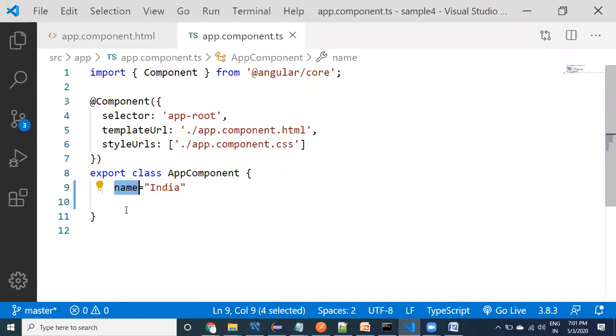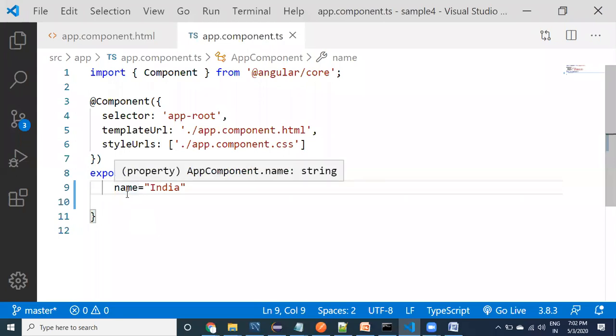You don't need to provide the data type also. If you want to provide the data type, yes, you can in TypeScript, but in JavaScript you cannot provide the data type. By default, the data type is taken by JavaScript. TypeScript also does the same thing, but in TypeScript we have the option to provide the data type. But it is not strict like Java. In Java you cannot provide any property without giving a data type. But in TypeScript, it is pretty much possible to provide a property without a data type.